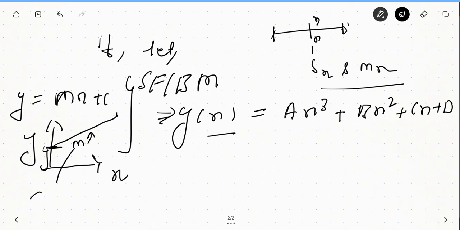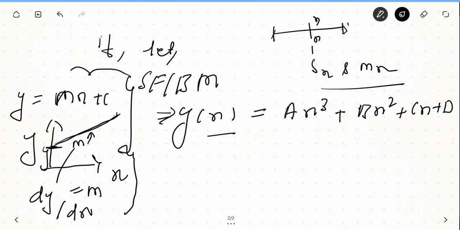What is m? dy by dx is the slope m, and it is constant. Yes or not? The slope is constant. Anywhere you check, the slope which you are going to get is the constant value m. What does it signify? It signifies that a linear line is a line of constant slope. This is an important result, make a note. A linear line is a line with constant slope.